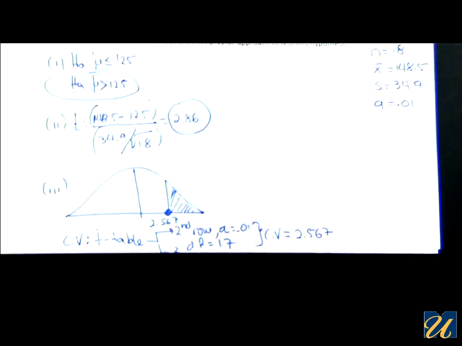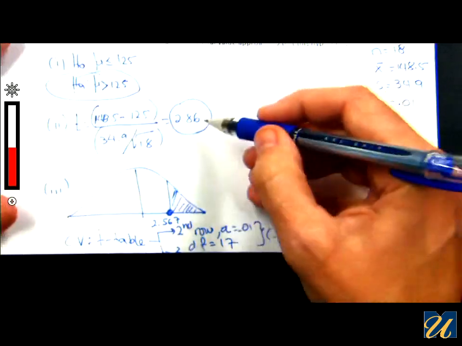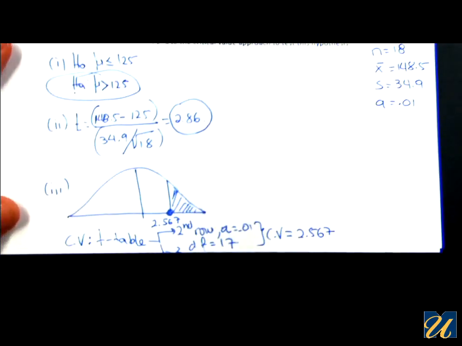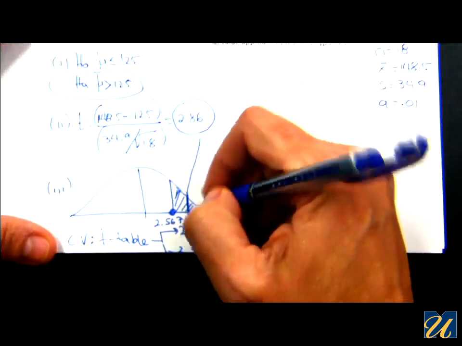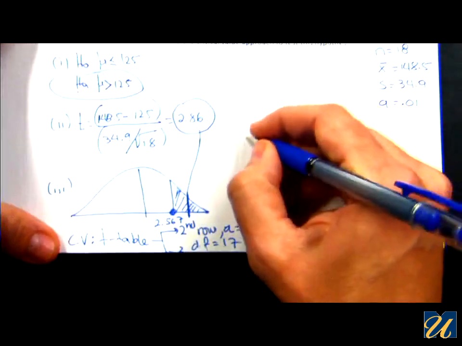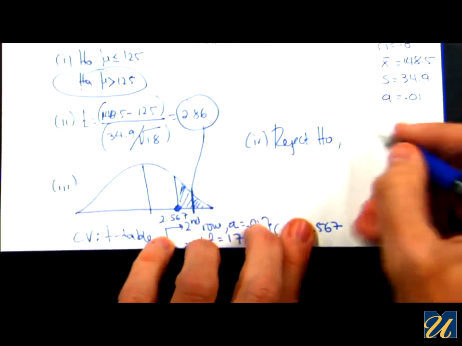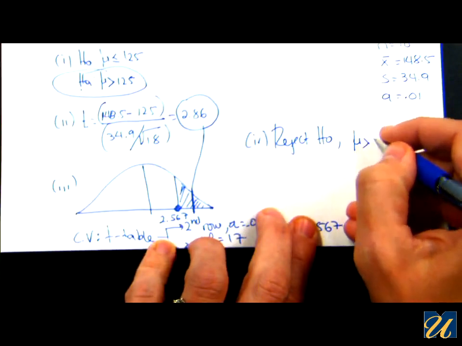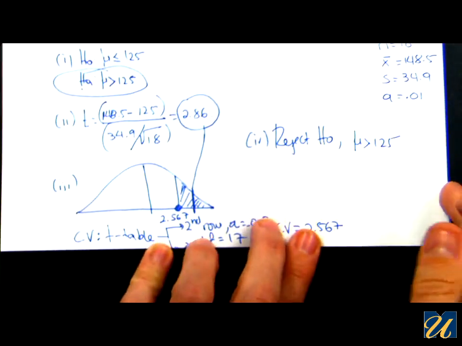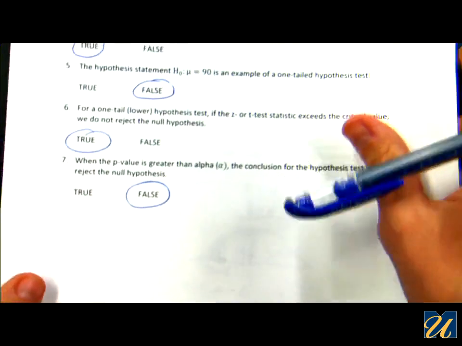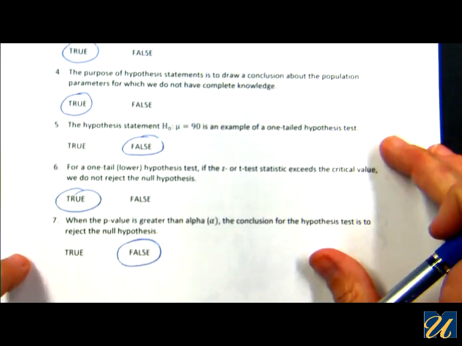So for the conclusion, you will take your test statistic and you will check if it falls inside the rejection area. 2.86 is greater than 2.567. That means it would be somewhere, let's say, over here. So the conclusion would be to reject H0, enough evidence to support the alternative hypothesis. And this concludes the examples for chapter